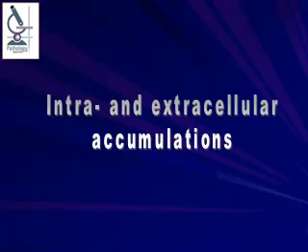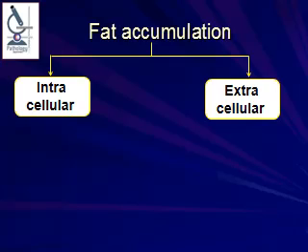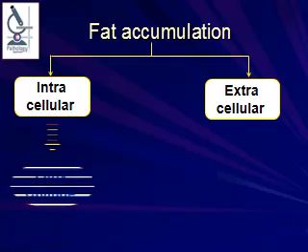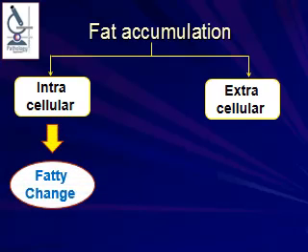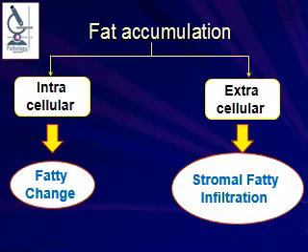Then we are going to proceed to intra and extracellular accumulations, different forms of intra and extracellular accumulations. First, fat accumulation. If fat accumulation is intracellular, this is called fatty change, and we actually described the jar of fatty change. Fat accumulation extracellular is called stromal fatty infiltration, and we have an example of stromal fatty infiltration occurring